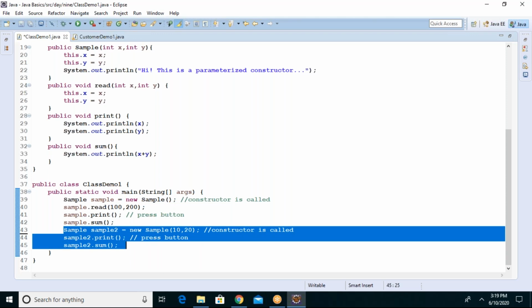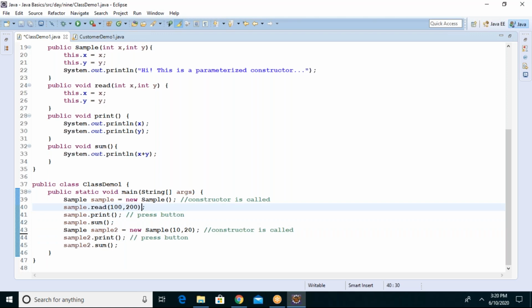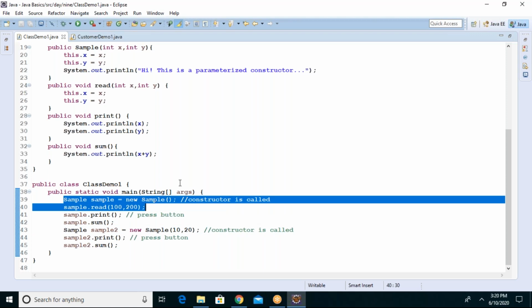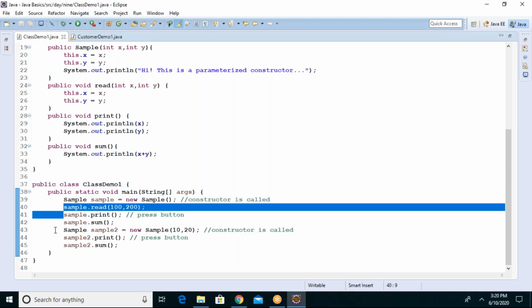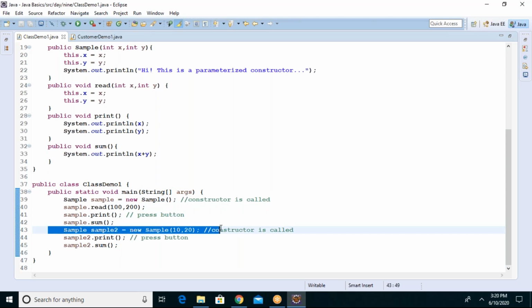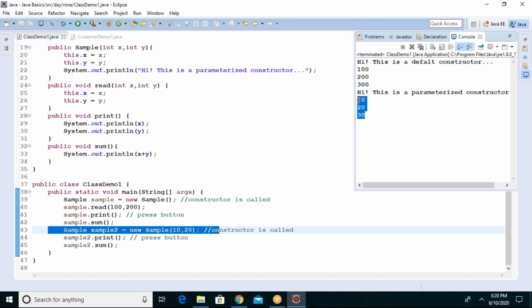You are going to see only constructors. No more read method. In actual programming, there will not be any read method. Why should I go again and call the method, guys? If you forgot this method, the object is empty. So you should emphasize this also. But here, once the object is created, everything is fine. Why should I use two lines of code for this process? So from now onwards, don't think about the read method. Think always about the parameterized constructor in order to store the values. The second approach is much better than the first approach.